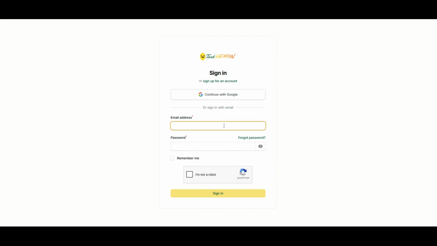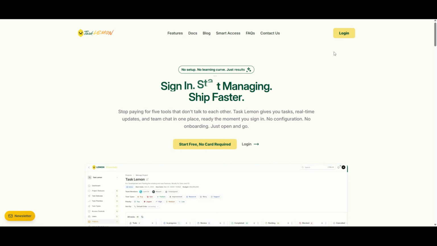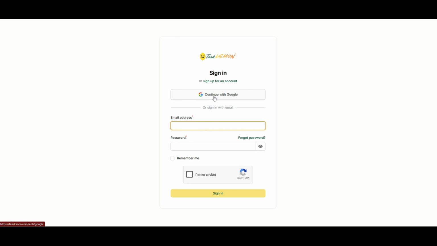After you have validated the email, or you're logging in for the first time after you've signed up and verified your email, this is the same screen that you will see from Task Lemon. You will click on the login button either on the top right corner or here, and you can use a social network to log in, or you can manually log in. We're going to log in manually